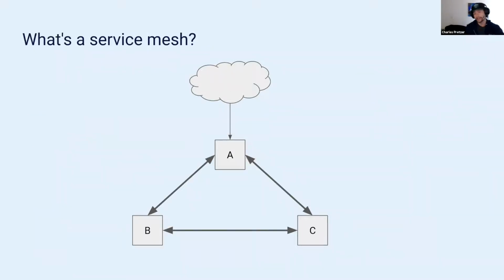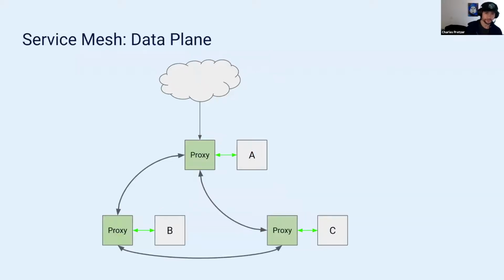So let's go back to our simple architecture of just services A, B, and C talking to each other to help explain concepts of a service mesh and why it's powerful. This, again, should look familiar to the diagram that I showed you about what YugabyteDB is going to look like once we've integrated Linkerd with it. What we have is called the data plane. So the service mesh is comprised of the data plane and the control plane. The data plane is